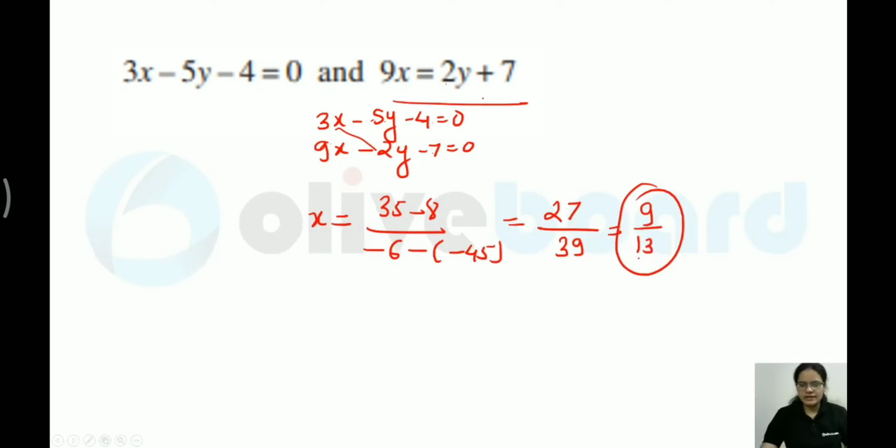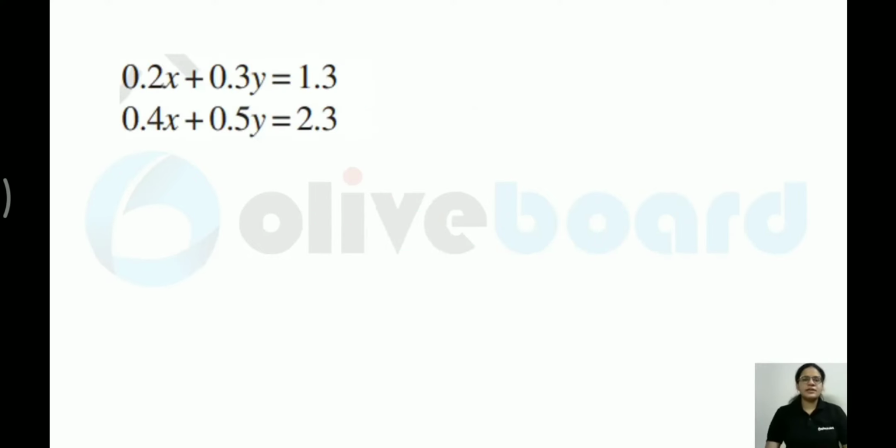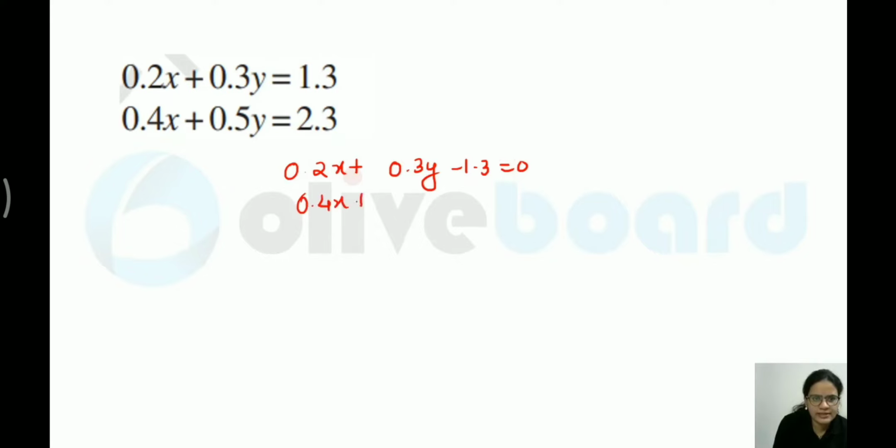Okay, so I think it is clear how to apply the 4 method. Now this question is interesting because you have decimals. Let me try this completely. 0.2x plus 0.3y minus 1.3 equal to 0. 0.4x plus 0.5y minus 2.3 is equal to 0. Just try it. What would be the x value? Cross multiply these two values over here. So what would be the product in this case? 0.3 into 2.3. Okay, so you can write down